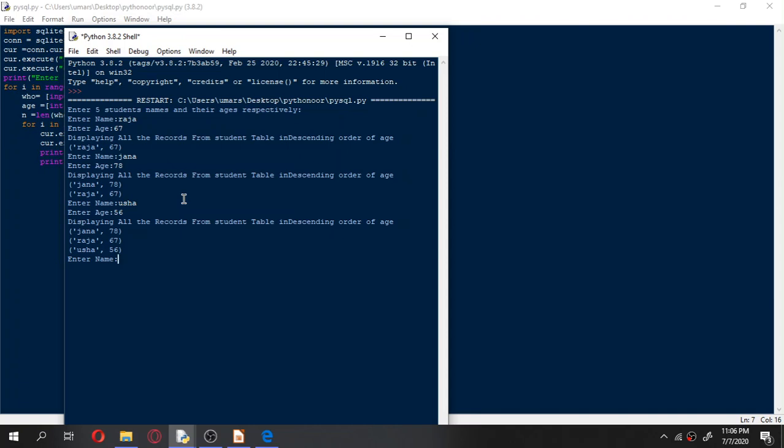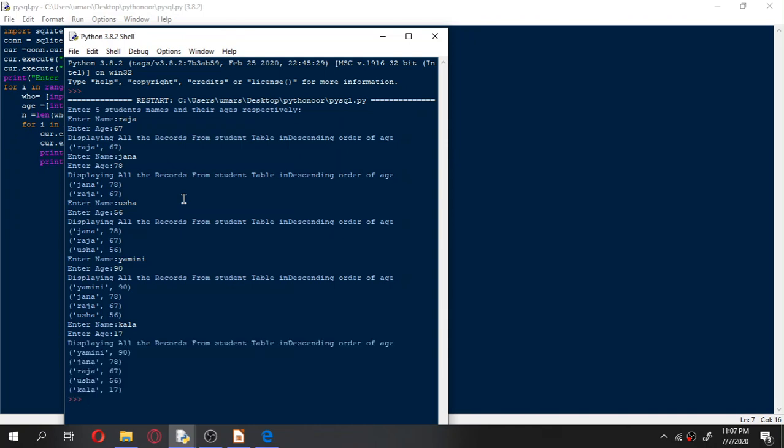If I now enter another name with a higher age, you can see how it goes to the top. Okay, so now this Yamini has gone to the top. Since I have given 5 student data, I am typing 5 student names and ages. Suppose I give the age as 17, now it is at the last of the screen.